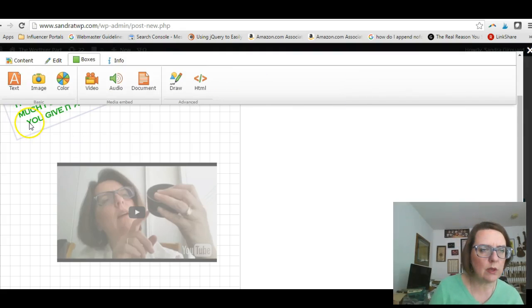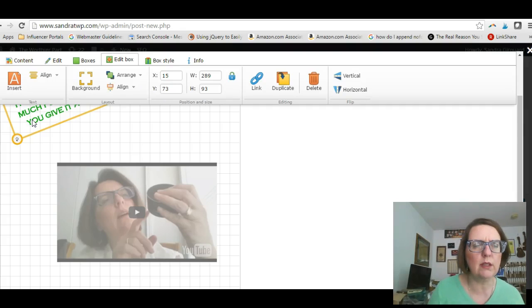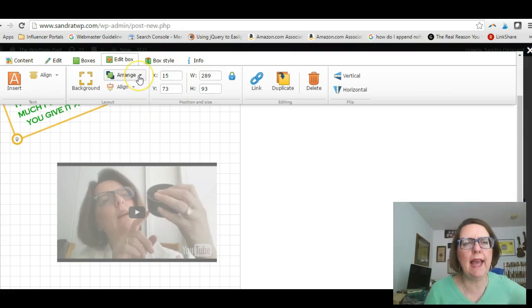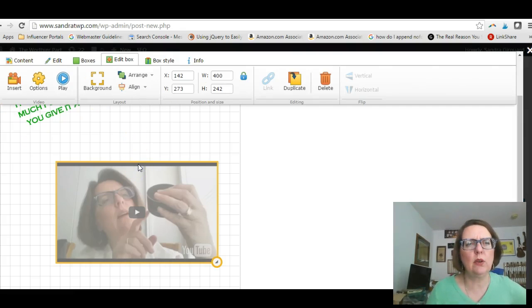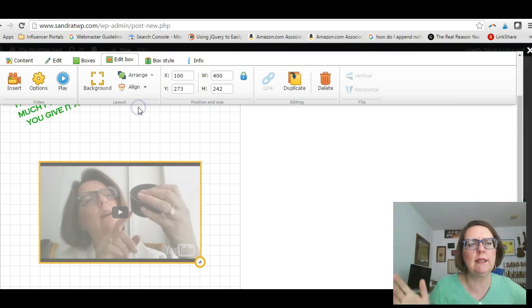And I want to show you one other thing that I thought was really great. I really appreciated it. You can align your items. So let's just say I put this video here, and I actually want it to be in the center. It's not in the center. I can go and align it, and I can say put it right in the center, and boom,